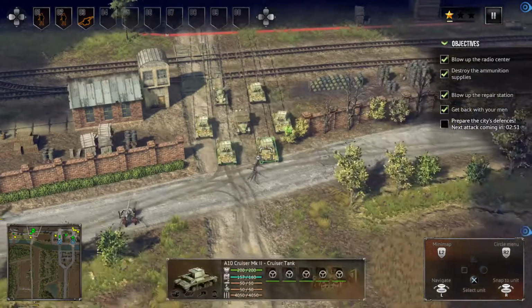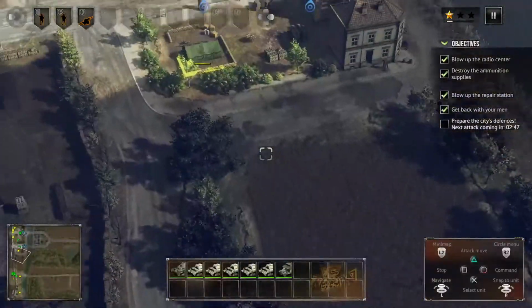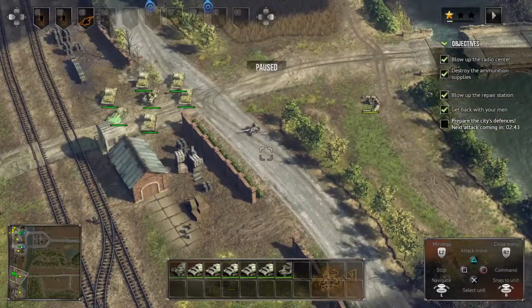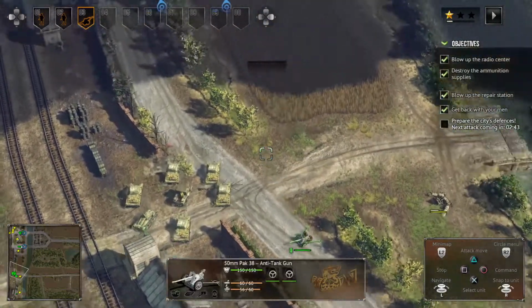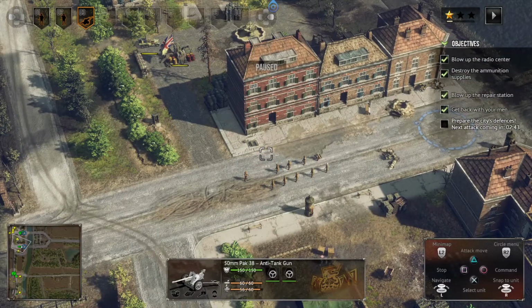Okay, now we got to send them. Let's go ahead and change view back. We're going to send these ones over here. We're using the armor doctrine. So we got a little bit more perks here. Going to get this anti-tank gun into position here, and we do not have...